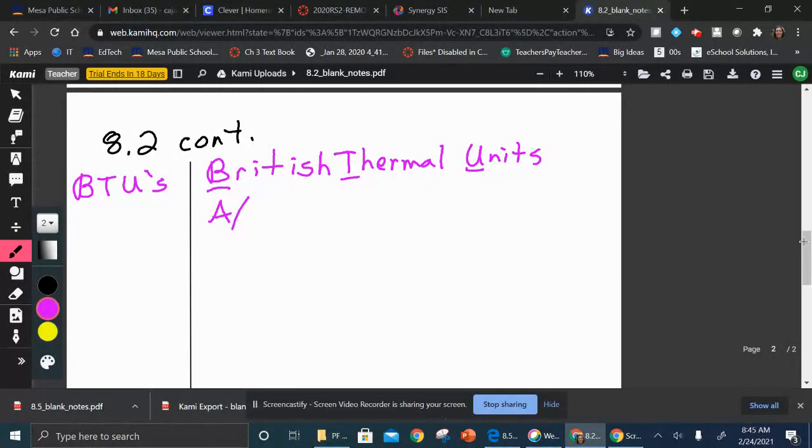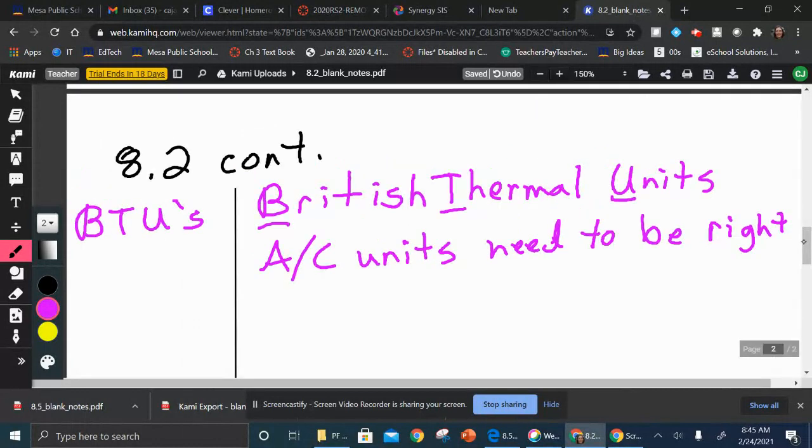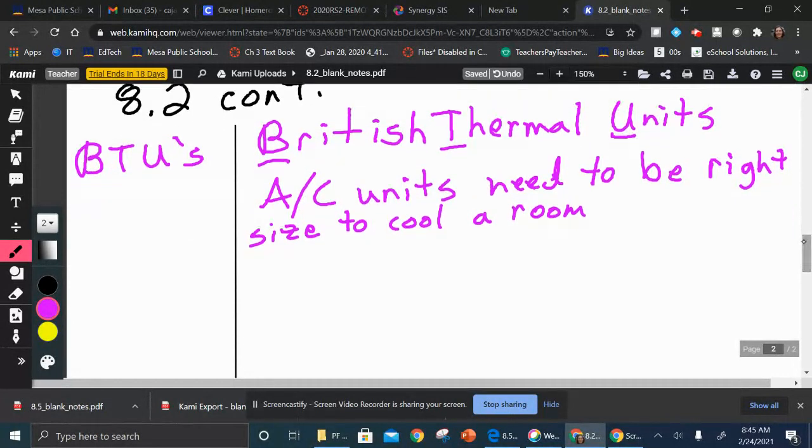Air conditioning units need to be the right size to cool a room. You don't want them too big and you don't want them too small, because otherwise it won't cool a room